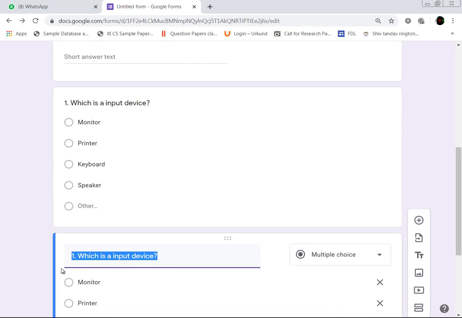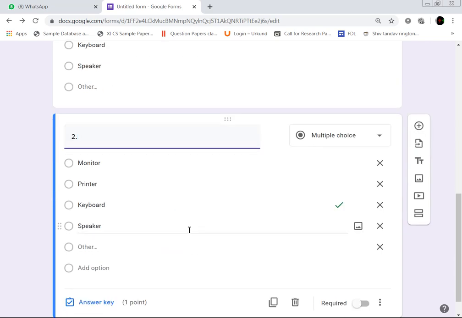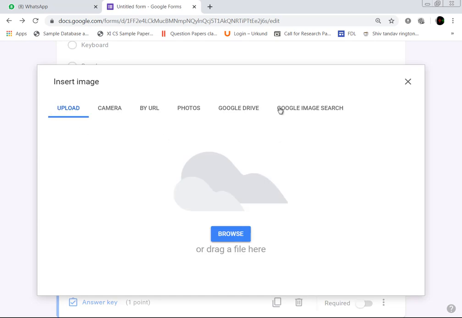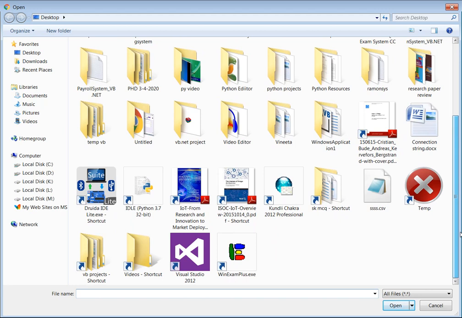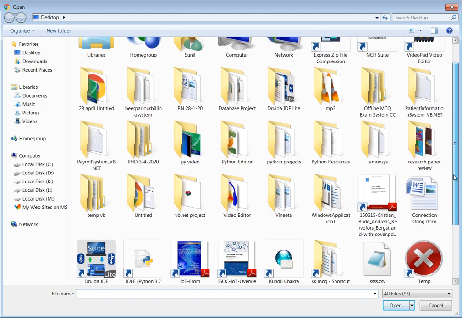Now you copy and make a duplicate question, and change the question here. So this is the next question. I am just writing image question. This will be useful for maths. If complicated equations are there, you can click on upload and browse. If the photo is available in the computer or gallery, then you can select from internal storage, document, my document, internal storage, and there in the gallery you can select.